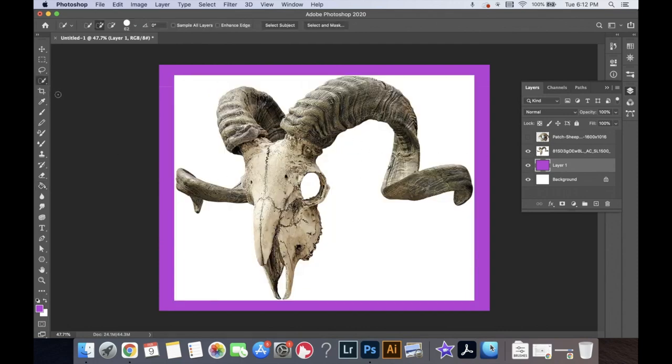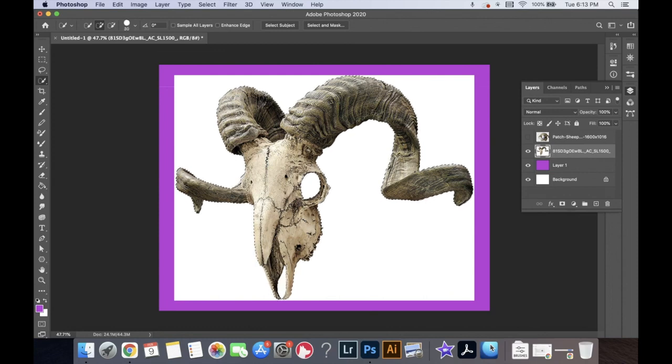So when I change to my quick selection tool, I can drag over most of this ram head, and it will create a selection of it as best as it can. Since the white is so very different, it has no difficulty being able to tell what parts I want to create selections of and what parts I don't. And if I ever get into a really small area, I can size my brush down, and that'll help it understand that it needs to squeeze into sections, just like it did for these lower parts of